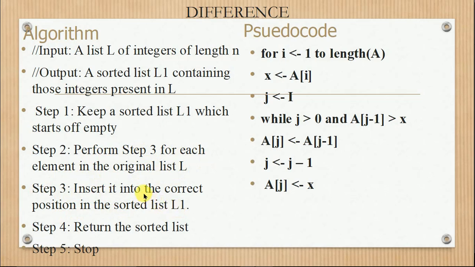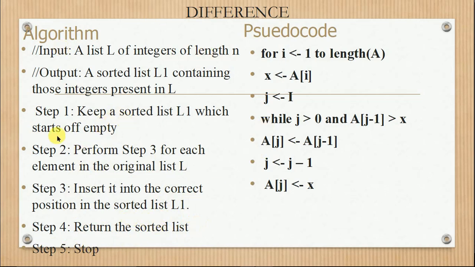So if you have 3 elements 2, 1 and 3, first you select the first element 2 from L, and put it in the second list L1. Then you go for the second element 1, and compare that 1 with the already existing element 2 in L1. Whichever is smaller will be placed in its exact position by shifting the existing element in L1. Once you complete this, you directly return the sorted list, and it will stop your execution.